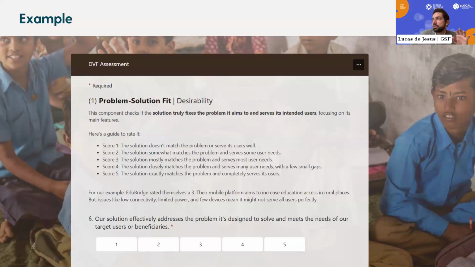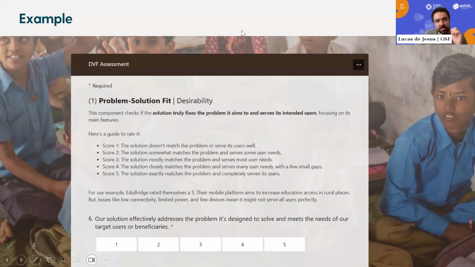And really what's important here is not to seek the super right score in a precise way, because the value of the tool for us is putting in perspective those 15 elements and having a reflection about your priorities, what is going well, or what you need to put attention on. So really make your best effort to score, but it's not the case to be super precise about it,